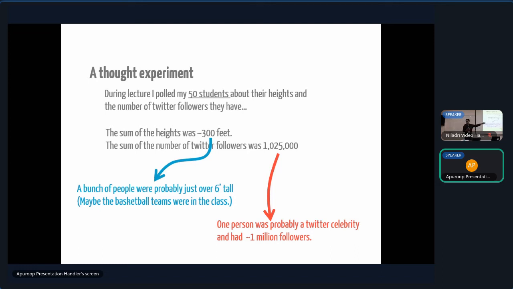I don't think Twitter followers being large is a bad thing, but catastrophe in the sense that one catastrophe resulted in the unexpectedly large sum. Okay. So this is actually a property that is broadly true of a wide class of heavy tail distributions. So this is just a nice illustration of this.